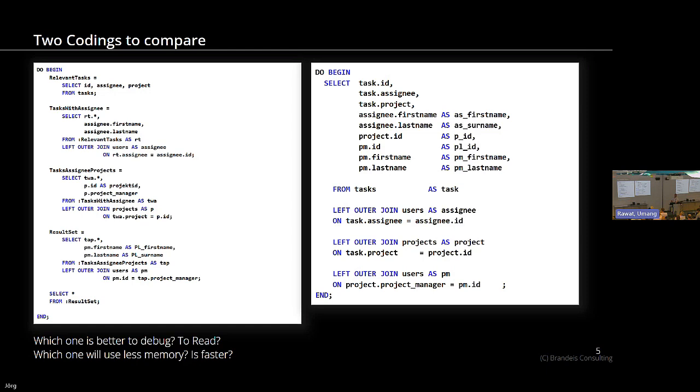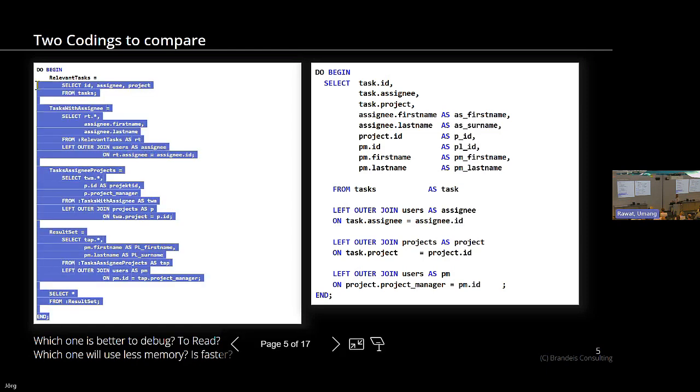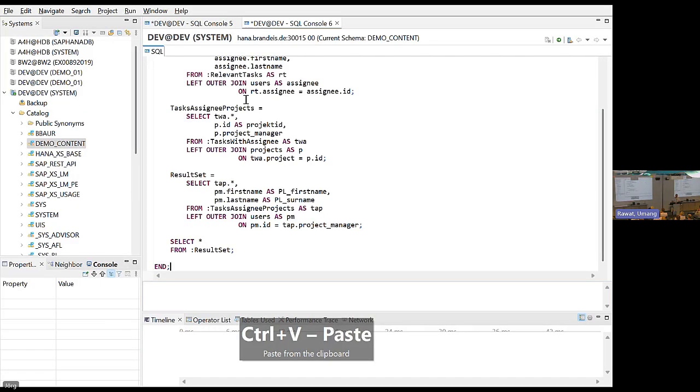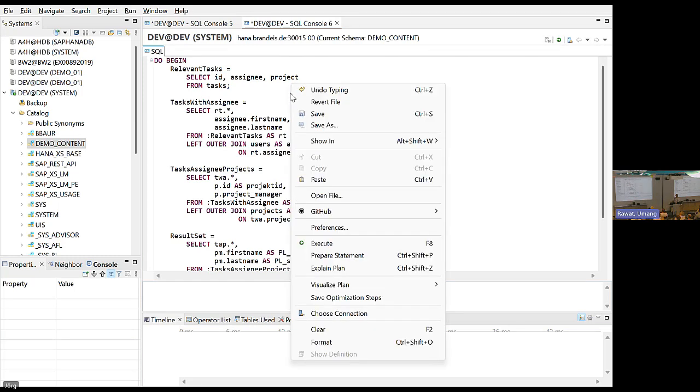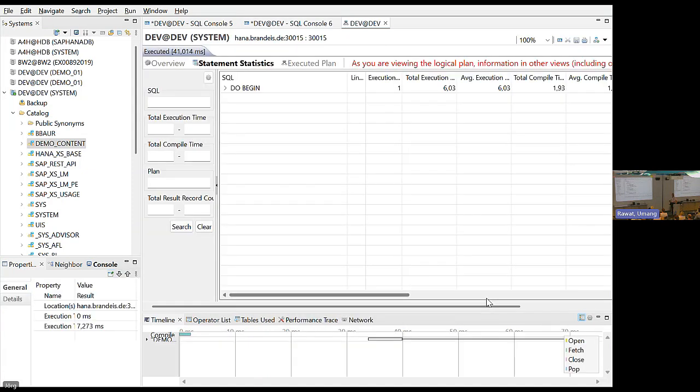And now I stop with the slides, and I want to see what HANA is doing with my code. It's quite easy. I'm using here Eclipse and the SQL console, and I want to execute this code. And of course, I don't want to look at the execution time, but at the execution plan. So I go to Plan With, Visualize Plan. I click on Execute, and we will see that we have here